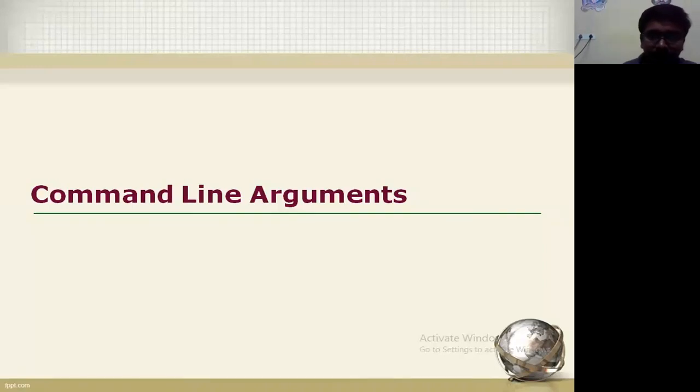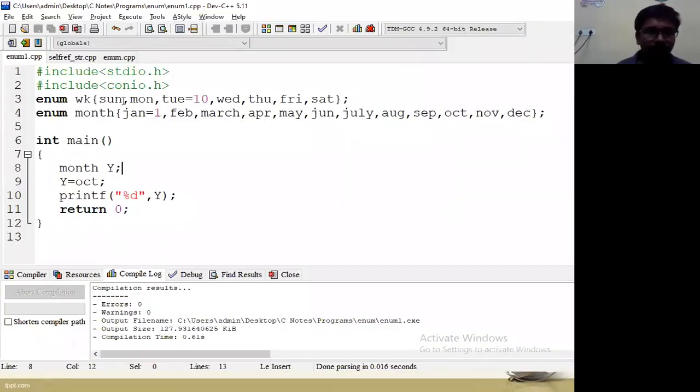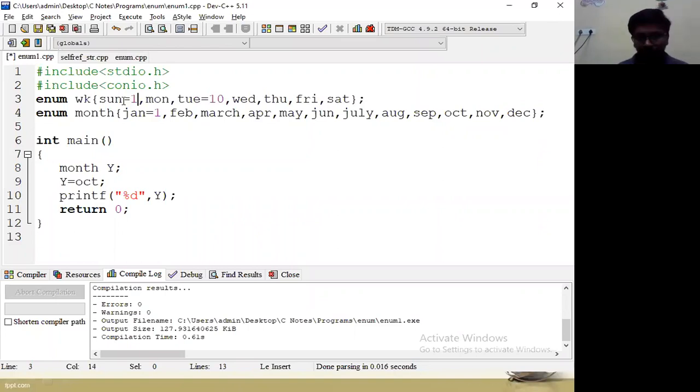Wait a minute. One question is from Manvit. I am reading the question. Sir, if we have the initial value as 1 and the middle value of the series is assigned 6, what will be the output? Okay, we can verify with this example. Here initial value equal to 1, next middle value equal to 6.